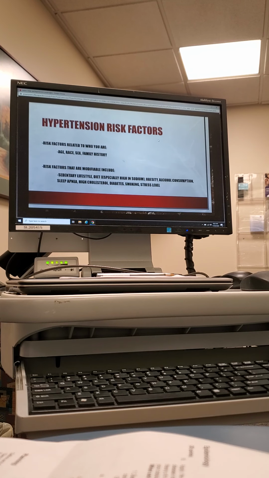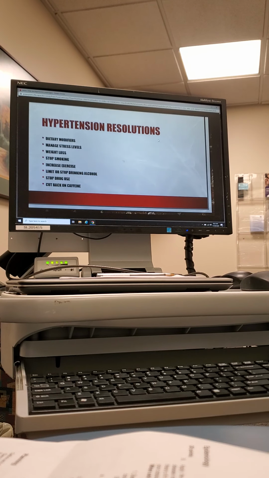High cholesterol. There's 2 different kinds of cholesterol, the HDL and LDL that we've talked about before. You can control that and lower those. Diabetes is a huge thing with it. That's why you see some of our patients here, we check their blood sugar as well. Smoking plays a huge part, because when you smoke tobacco, it constricts all your blood vessels, and it can even cause damage. And then your stress level, of course. When you're stressed, you're very tense. All your blood vessels are tight. It makes it harder for the blood to get through there. Therefore, your heart is working harder to get the blood where it needs to go.